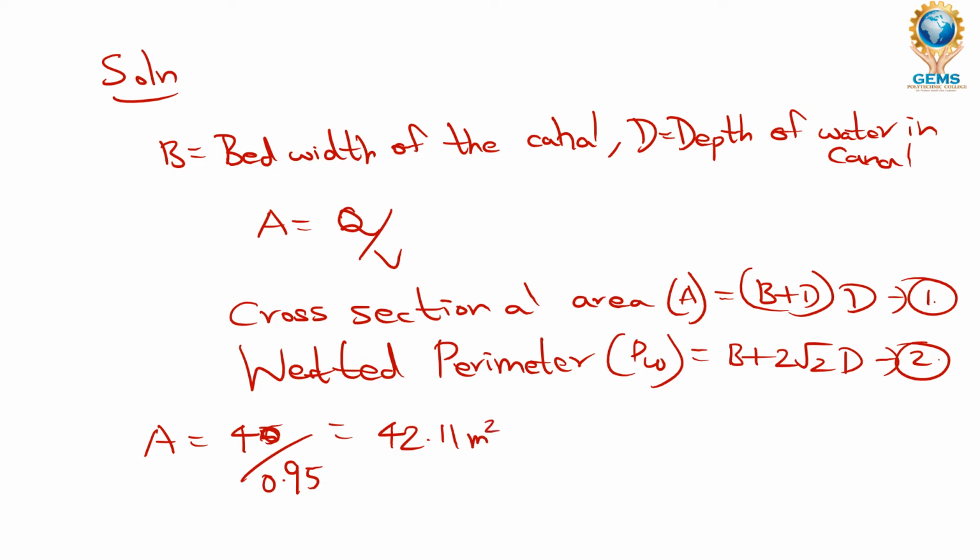Okay, so next we are going to continue to find the value of the cross sectional area by substituting this value of area, and you already know what is (B plus SD) into D. I am going to substitute in the next slide to show you how we are going to find the cross sectional area. Okay, fine. For finding the B and D values separately, we also know the formula which is given in the problem, that is B by D as 6.5, right? So B is equal to 6.5 into D, which we can write like this.